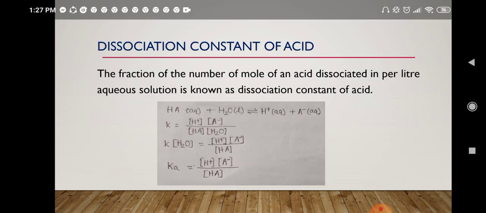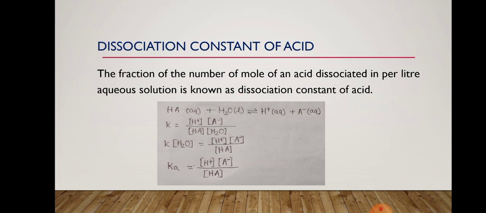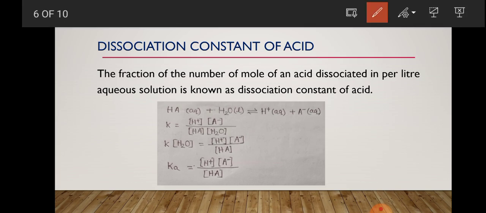Now I would like to discuss the dissociation constant of acid. The fraction of the number of moles of an acid dissociated per liter of aqueous solution is known as the dissociation constant of acid. Here this is the equation of dissociation of acid,